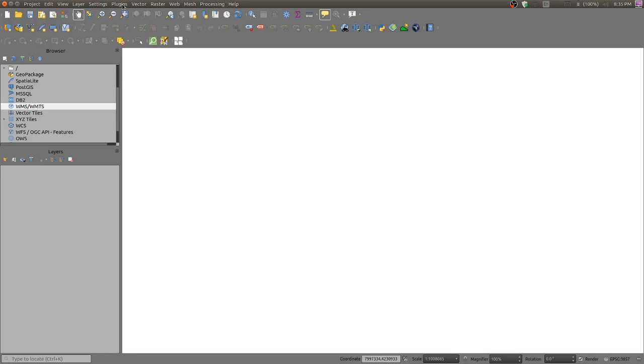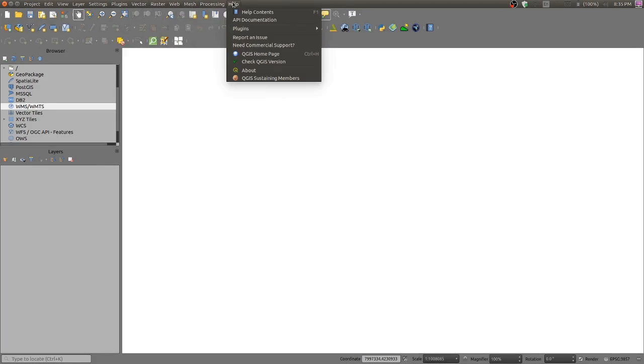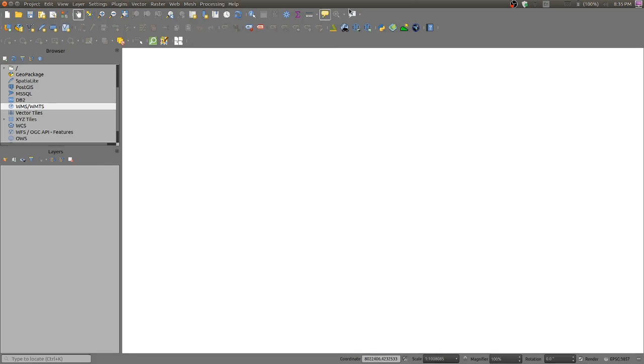So through this plugin, you can install the different toolbars developed by individual developers, and there is a vector, raster, the web, there is a mesh, there is a processing, and then lastly the help menu.